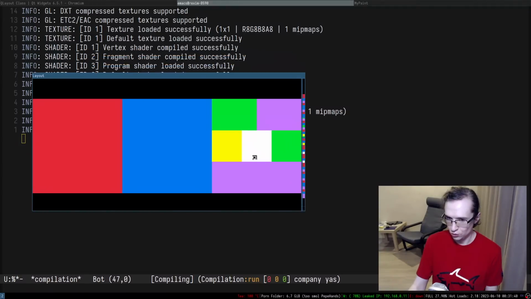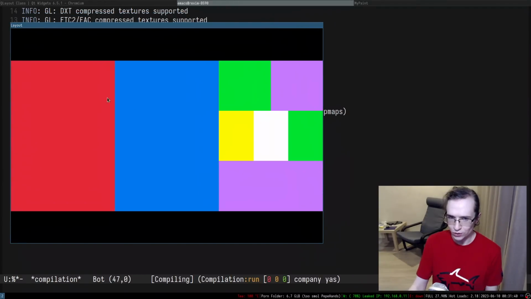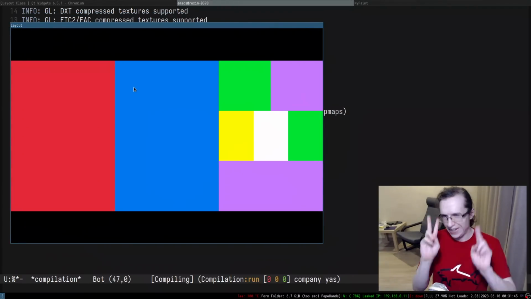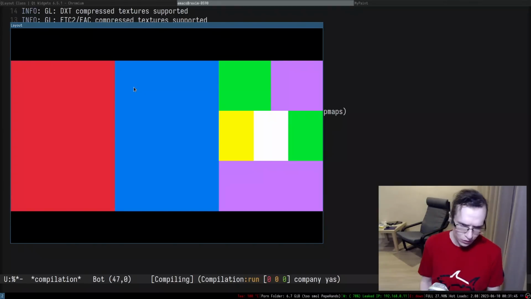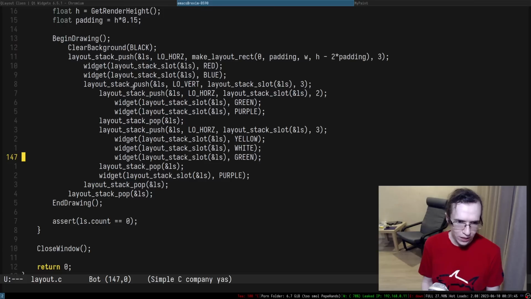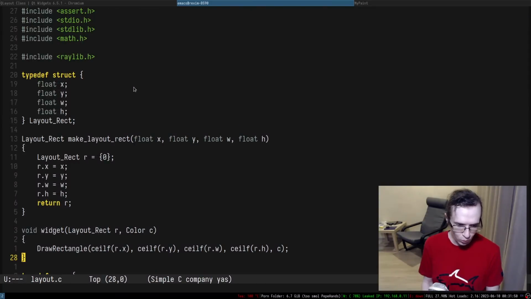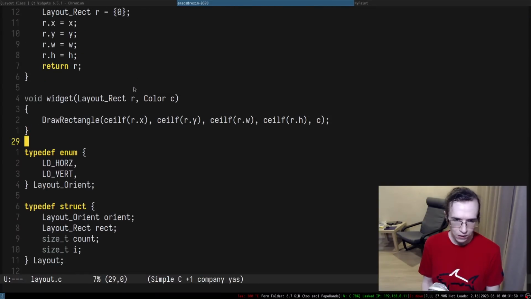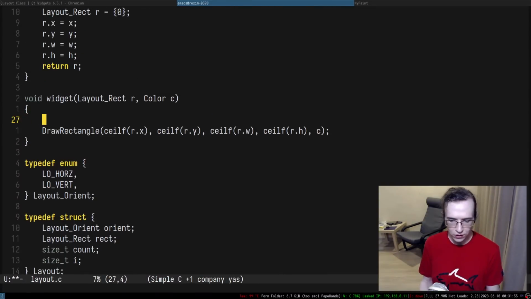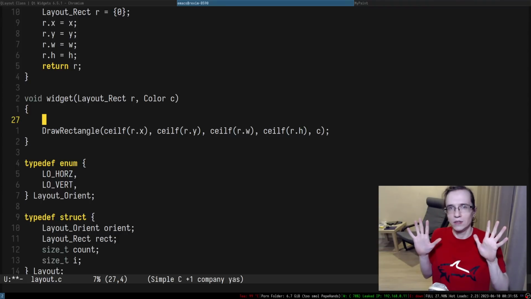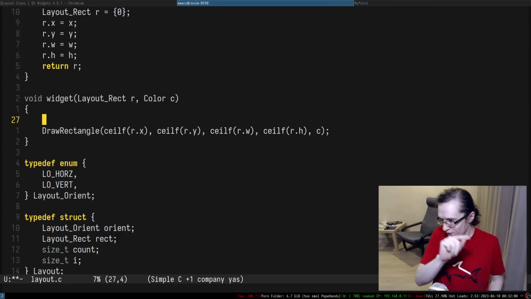We can even make them interactable, if you know what I mean. When we are rendering the widget, we can quite easily check whether the mouse position is within the rectangle, and we can highlight this widget so you can clearly see that you can interact with it.